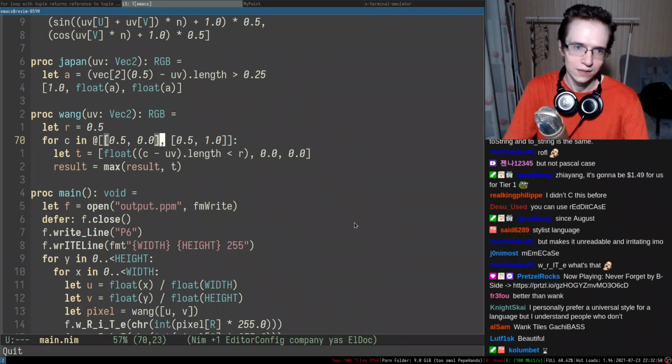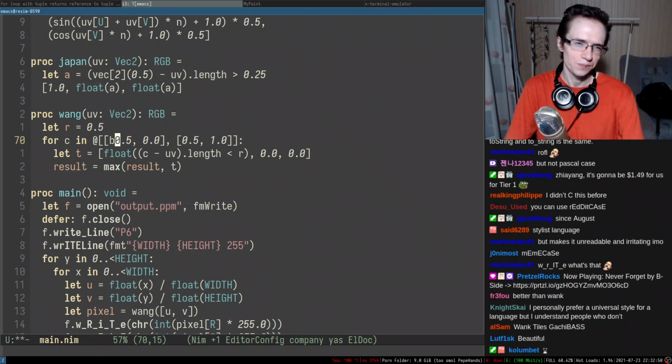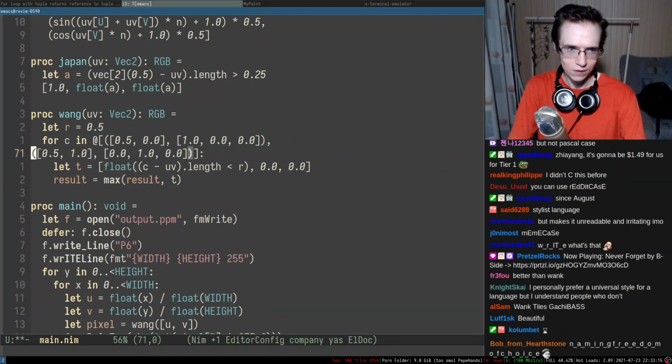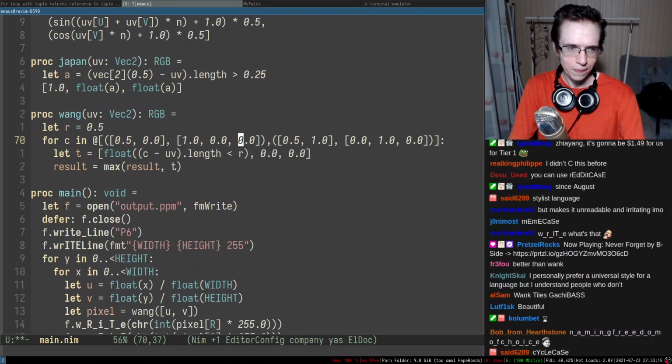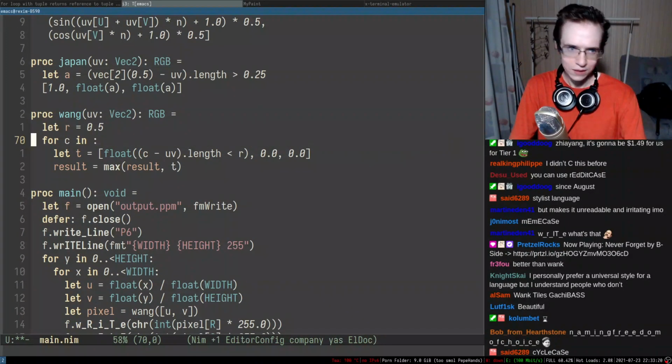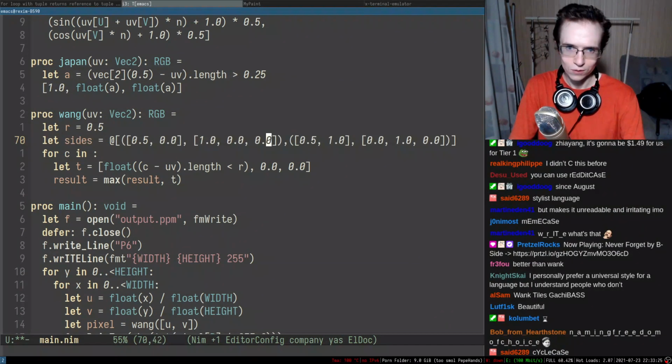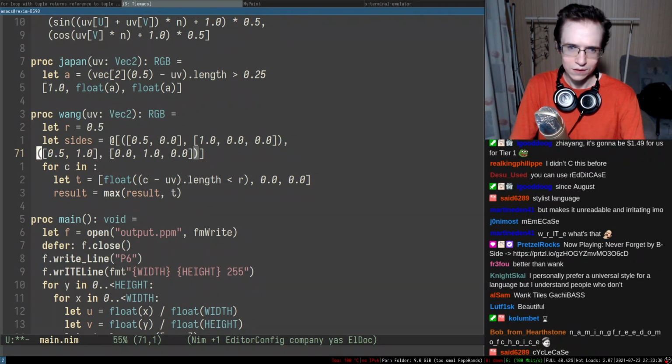So here we can essentially have. So this is the center, right? So this is the center, and here we can have a color. So the first color is red, right? And the second thing in here, this one, let's say that it's going to be green, right? Like this. Can I now? Apparently I cannot. But we can probably have something like sides. And can I now put it like that?